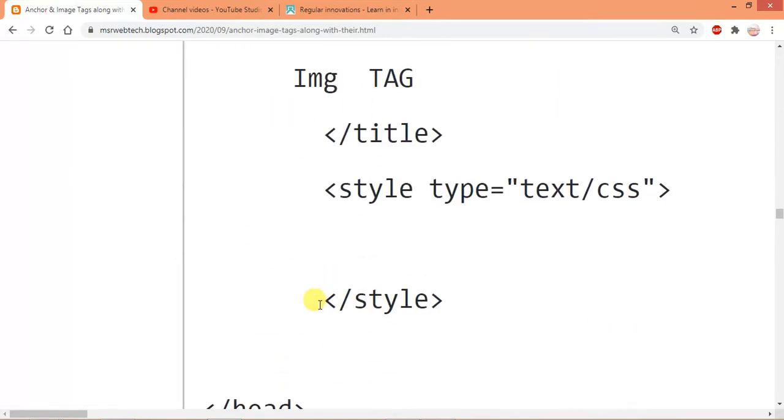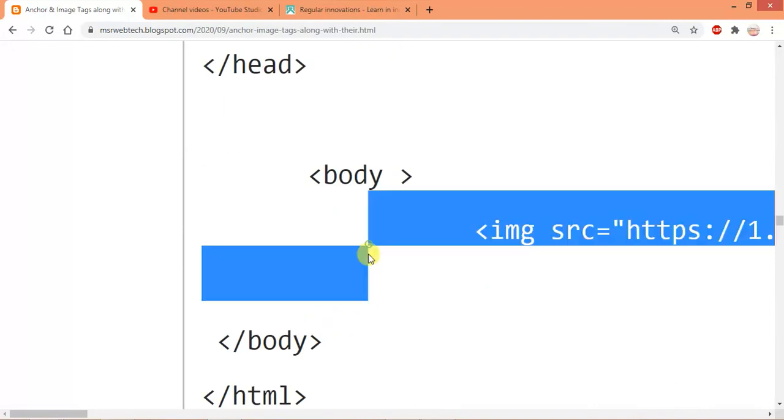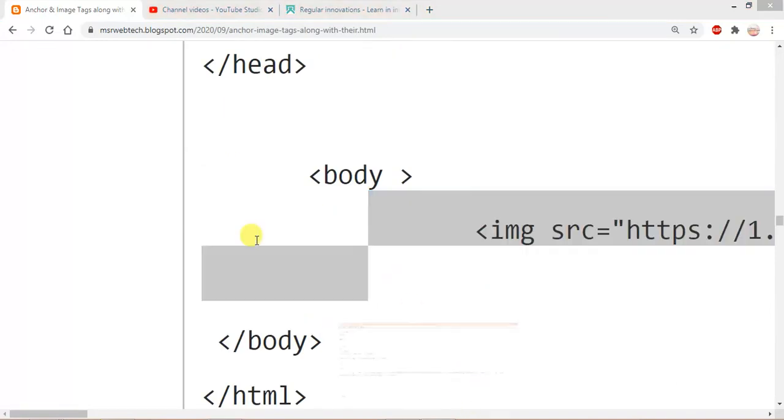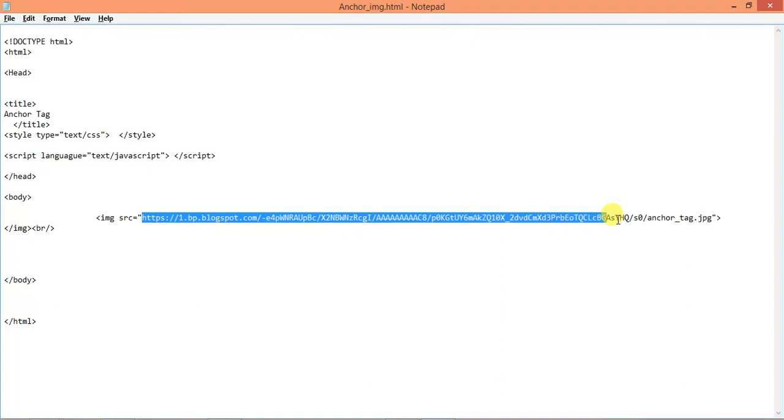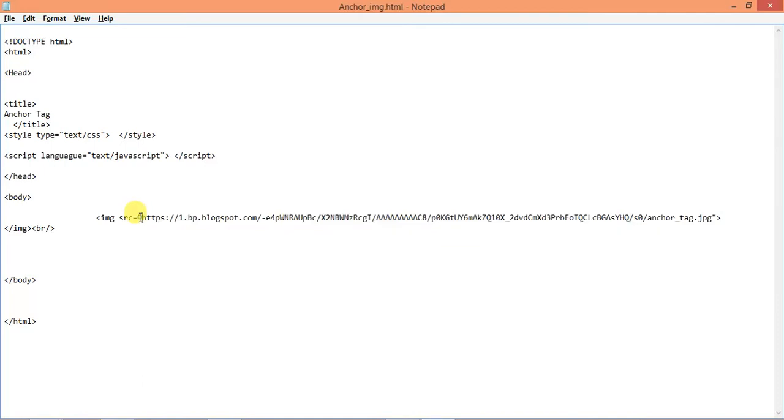Let's get started with the coding. Okay, here it is the img tag, not image, it's just img, and src equal to, this is the link of that particular anchor tag image, which is encoded between the double quotes.